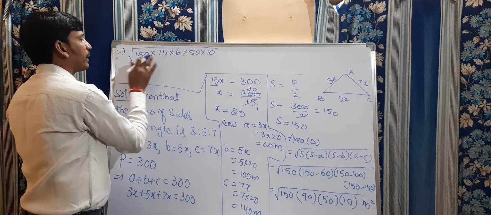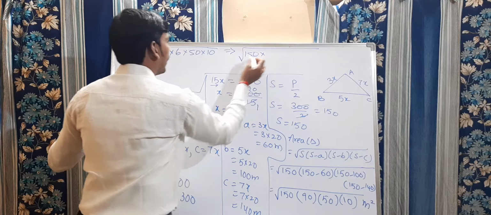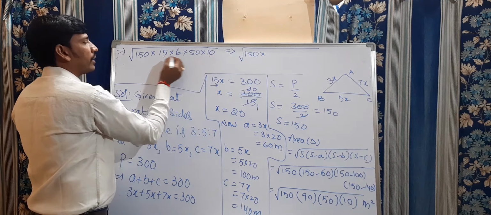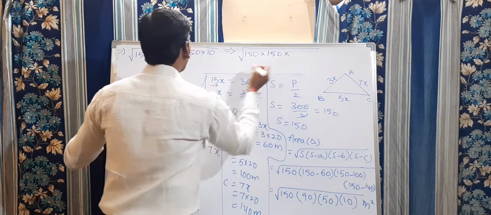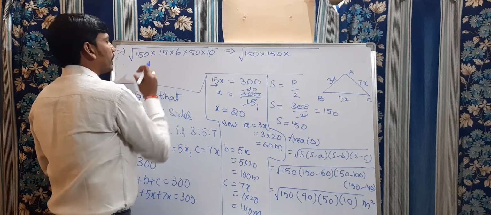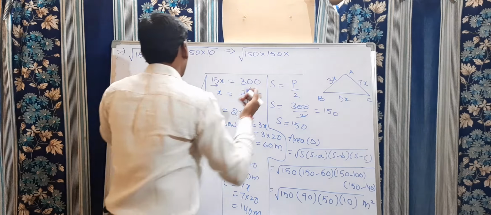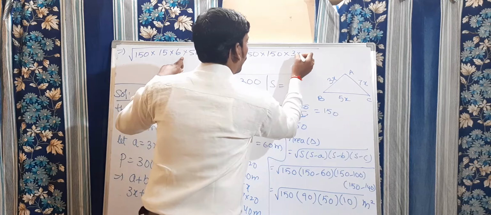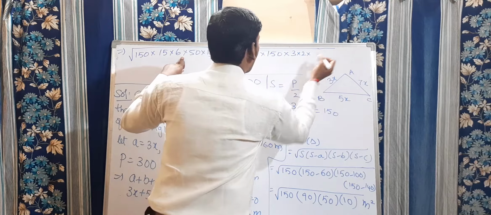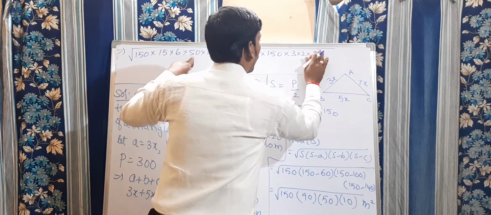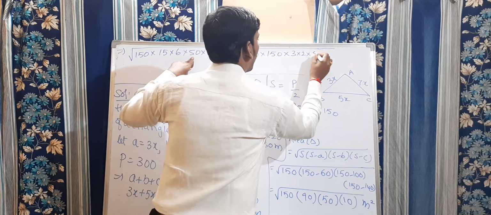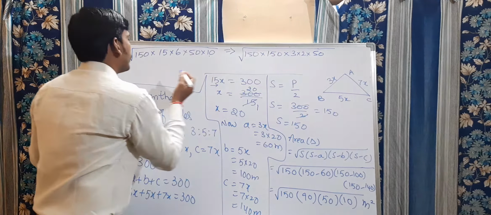So now, 150 into 10 and 15: this 10 and 15 multiply, you will get 150 more. 150 into 6 is nothing but 3 into 2, so this is 3 into 2 into 50, which can be written as 25 into 2, or you can write 50 as it is only. Now which implies